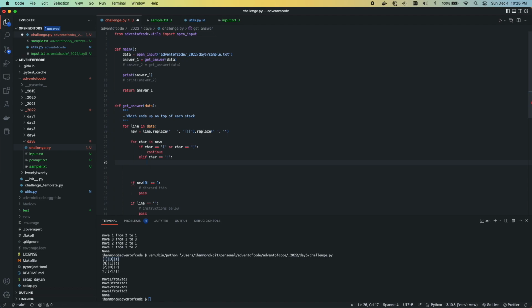So for list number 1, number of columns is going to equal number of columns is going to equal